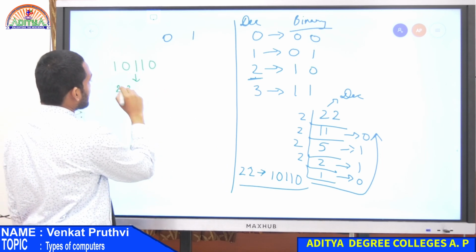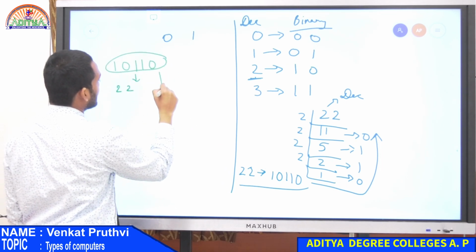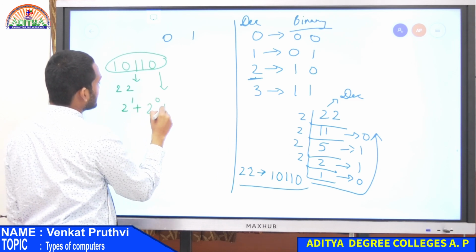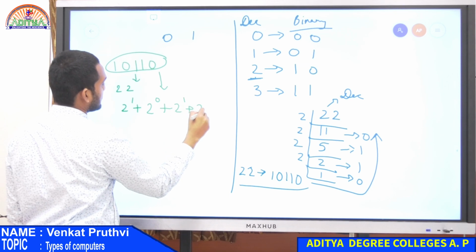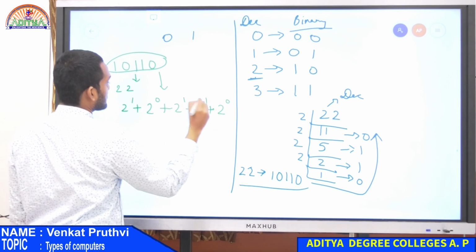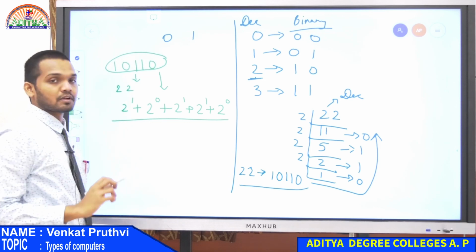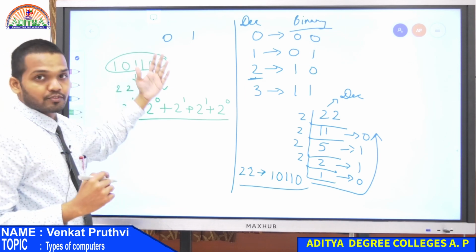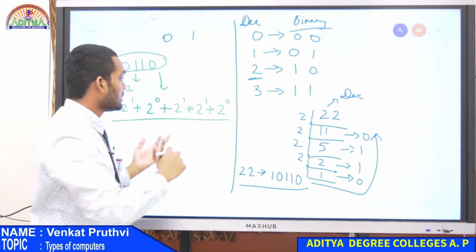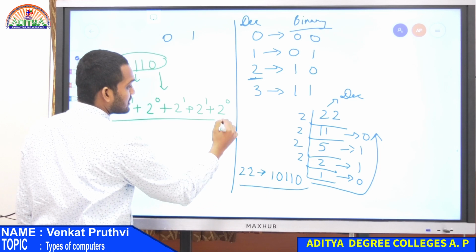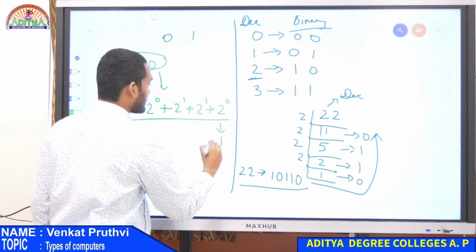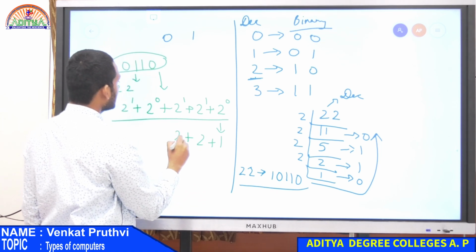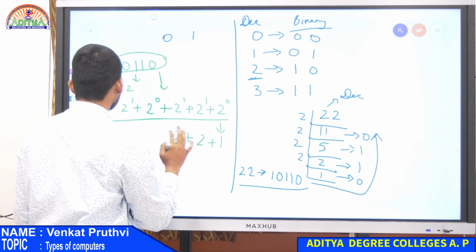Let us see. So, this number can be represented as a sum of powers of 2. This is how we represent the number. Because we were converting it into binary, every digit is a power of 2. That is how we represent it. Now, what is 2 power 0? Any number to the power 0 will be 1. Then 2 power 1 is 2. No, wait. I am sorry.